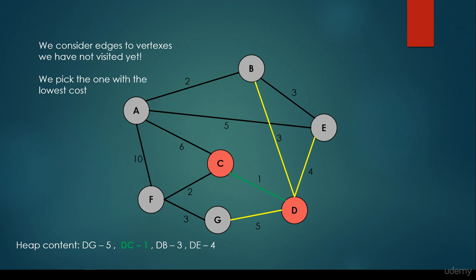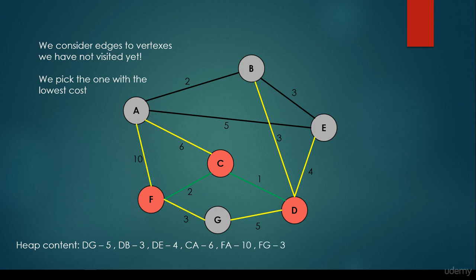In this case, we have 5 unvisited vertices, so we have to keep going. So we visit all the neighbors of C and we keep pushing the edges to the heap. So we have the DG, DB, DE, CA, and CF edges, and we have to select the one with the smallest edge weight possible. It is the 2, so we set the vertex F to be visited.